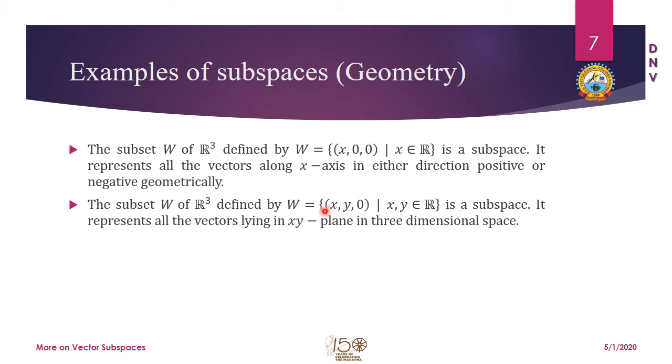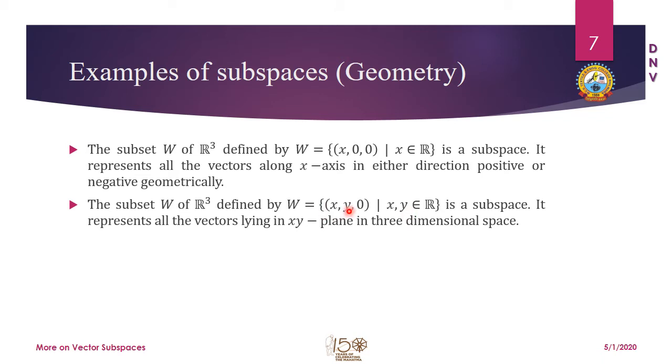You can very well see that the point or triad defined by (x, y, 0), in which the third component is compulsorily 0, will always lie on the xy plane. So if I consider x equal to 0 and y equal to 0, the zero vector will be an element of it, and 0 also lies on the xy plane as well.